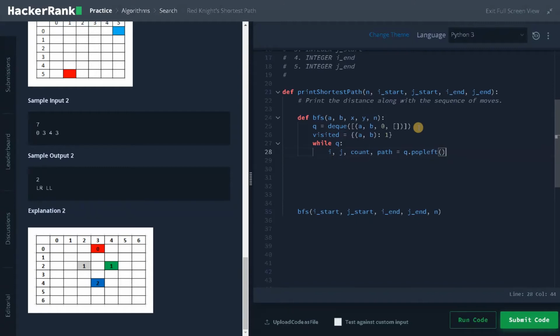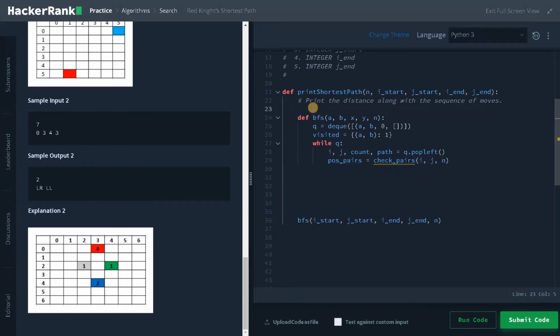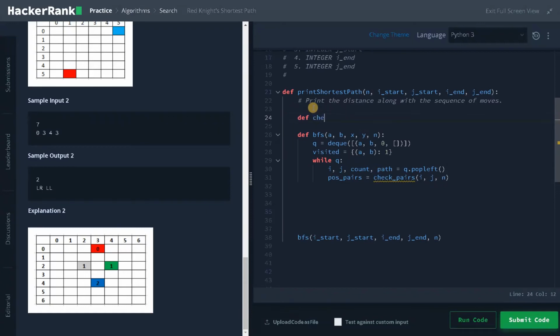I'm just going to pop from the front of the queue, and after that I will get the possible pairs that we can go to. We have to call the function check pairs to get all the possible pairs from the coordinates i and j. So I will mention it here, i comma j comma n, and after this we will do some processing. Before that we will define this possible pairs function above. So I will say def check pairs, i comma j comma n.